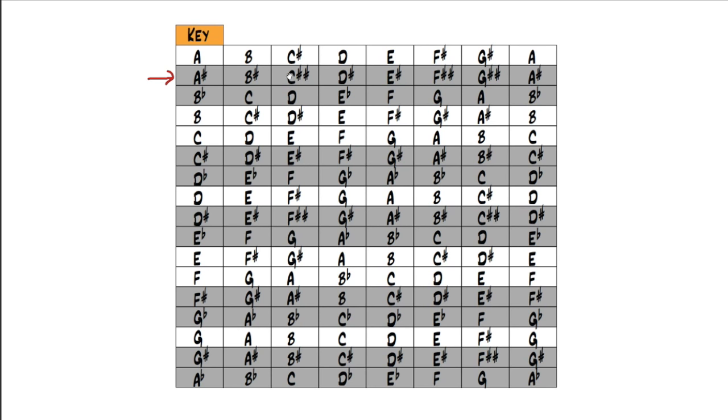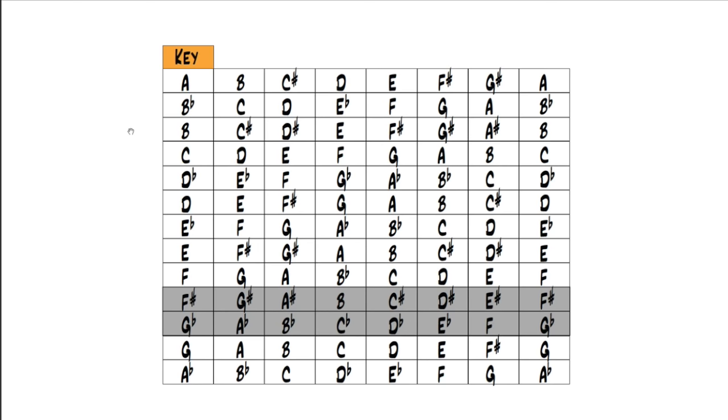You have 1, 2, 3, 4, 5, 6, 7, 8, 9, 10. There's no key signature that has 10 sharps, but there is a key signature that represents B flat that has 2 flats in it. So really, you can just look at this chart that I've created that's condensed and only worry about these major scales and these major scale keys, and you only have one spot where there's an enharmonic